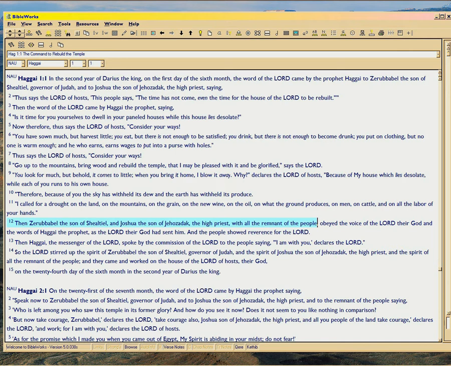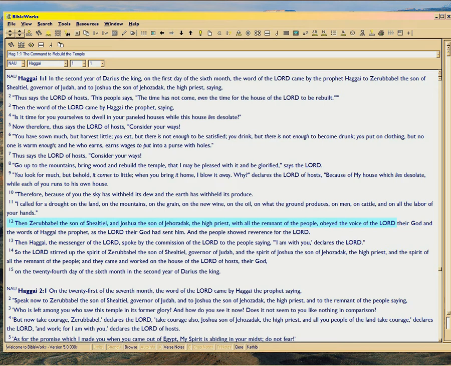The high priest, and all the remnant leftovers, katalepo in Greek. The leftovers of the people. In other words, the people who are really going to grow are always going to be a very small percentage of the total. There are very few Christians, but they do exist, who really care about the Word of God, and they are